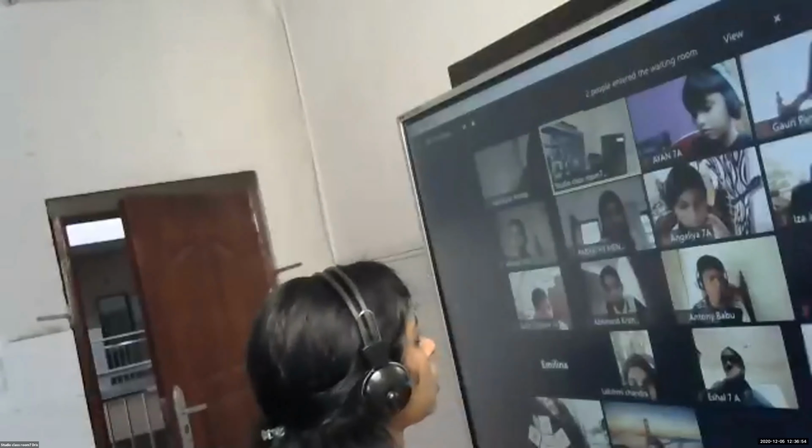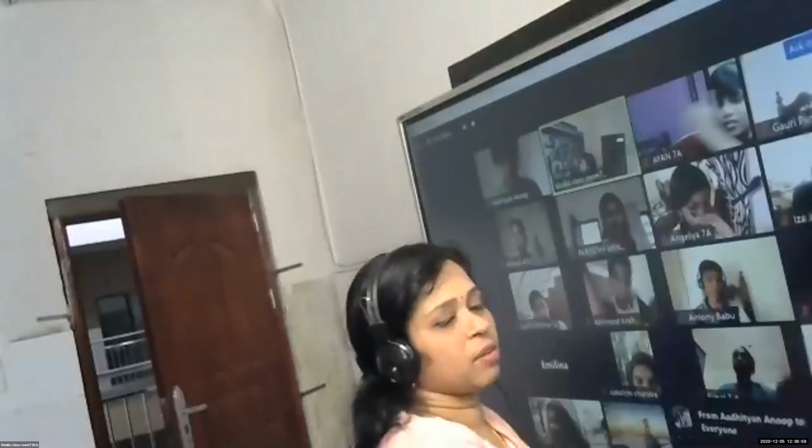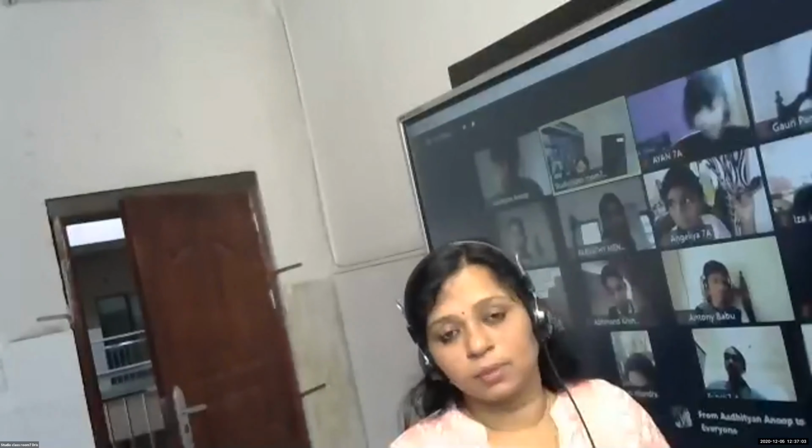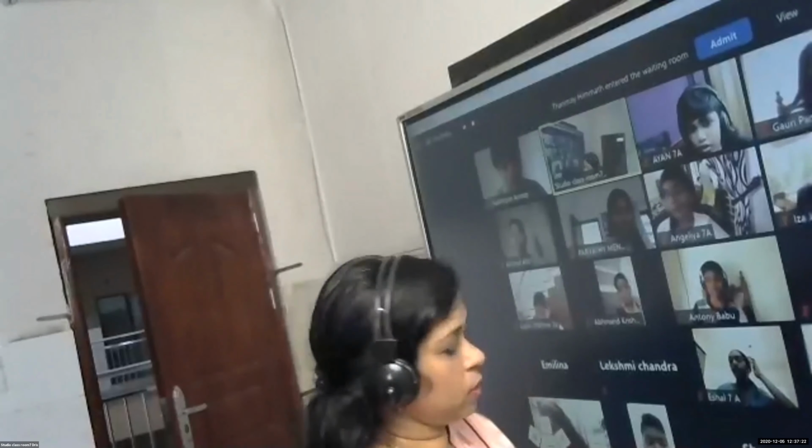You know what to do, no? In addition of rational numbers, how will you add? If the same denominators come, you can simply add the numerators. But if denominators are different, you have to find the LCM and bring the denominator to the same number. And then you have to add and subtract. So we'll do addition and subtraction problems first. Okay. Then we can pass on to multiplication and division.